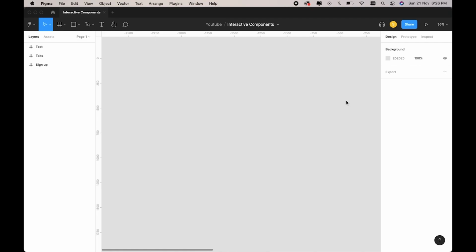So today I'm going to show you how to create interactive components and use them. Well, Figma just launched interactive components in the recent update, and it has been a lot helpful for the designers to create minimum components and use them everywhere in the design works. All right. So today I'm going to show you how to create interactive components easily and use them in your